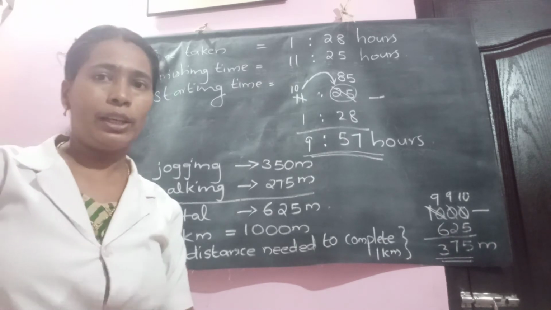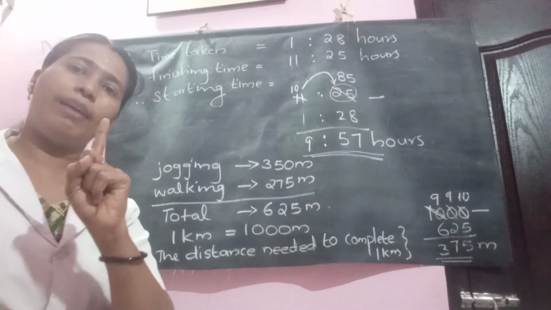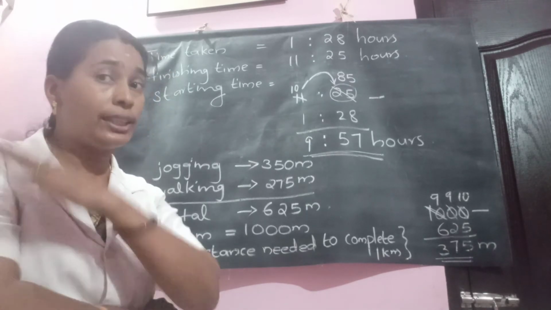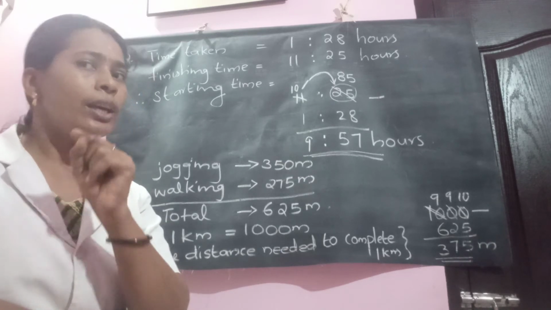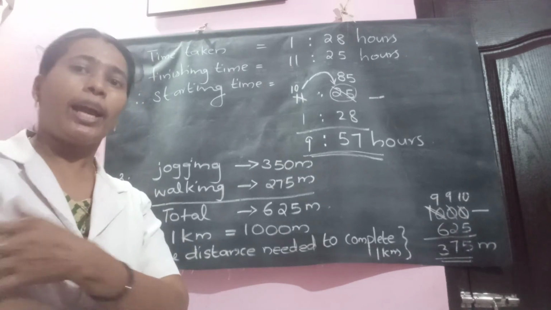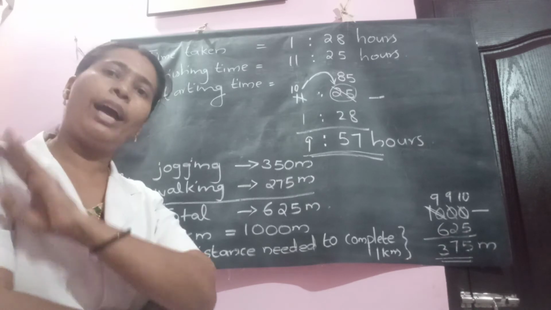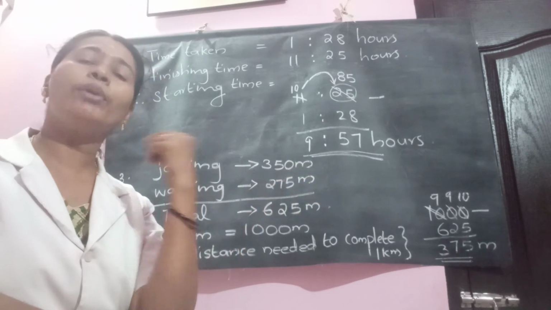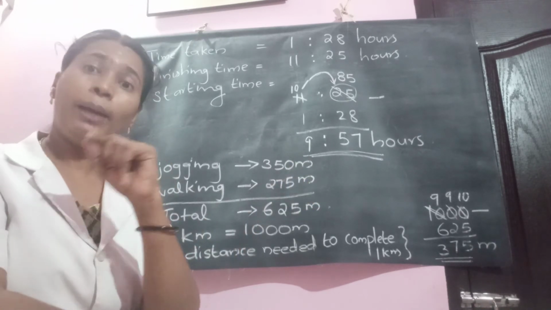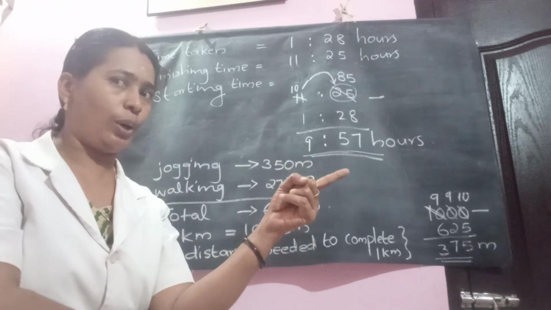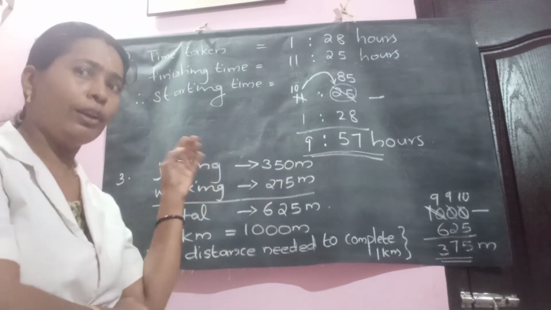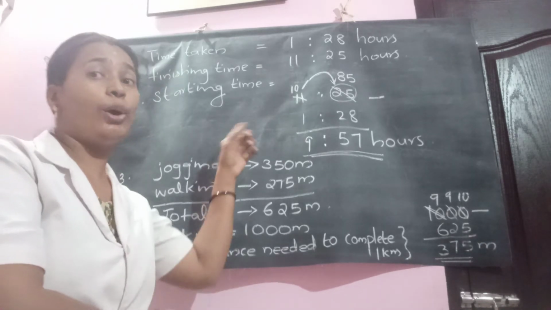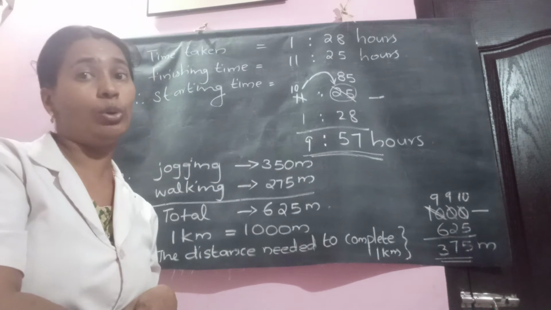Suppose you have taken 1 hour for reading and you have finished your work by 11 o'clock. Actually, how much time did you read? 1 hour you read a book or something. And at 11 o'clock, you finished your work. So, when did you start your work? How did you get that? 11 minus 1 equals 10 o'clock. The same question is being asked here. Finishing time is known to us. Time taken is also known to us. So, in order to get the starting time, what do we have to do?